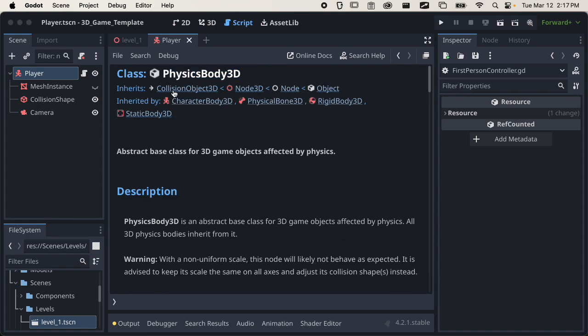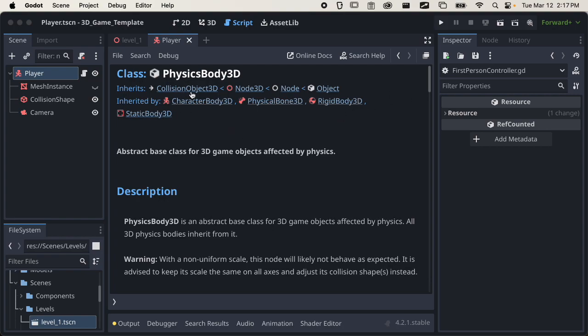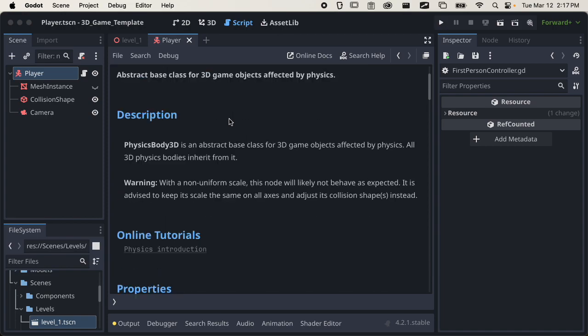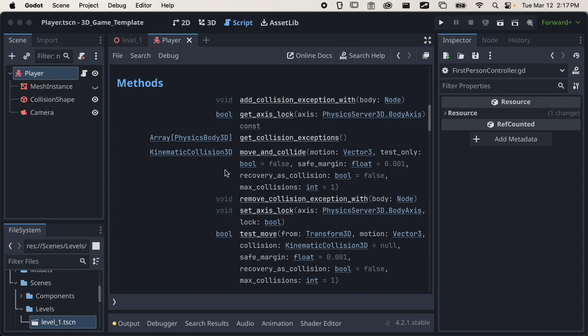But if we look at the physics body 3D, we'll see sort of the main things that physics bodies can do. And if we look at collision object, that's an even more general type of object, where the collision object, we've talked a lot about collisions versus meshes. Collisions basically are when two objects are in the same space. So our physics body has a bunch of properties like